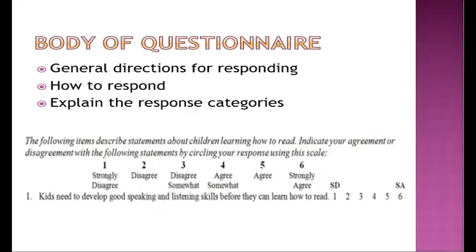And the third one is to explain the response categories. Oftentimes, there are questionnaires that do not explain the strongly agree, disagree. It only includes the abbreviation until the very end of the questionnaire. And not all the participants know about these indicators or about these ratings. Your participants will not understand if you only put SA, or for example, you only put SD. You have to indicate what is the SD